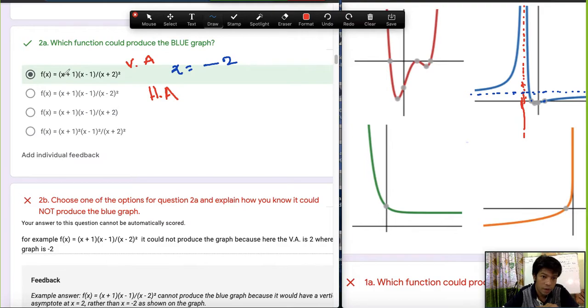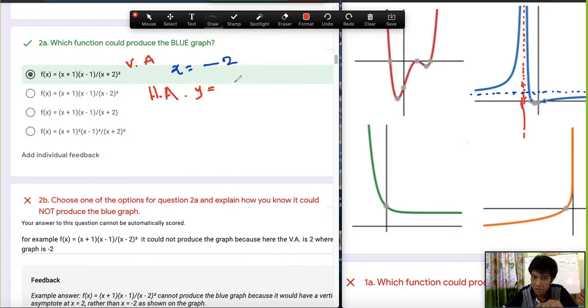See, the power of x in the numerator is x and x, that means x square. Down is also x square. So what is the horizontal asymptote? If the power is the same up and down, then the horizontal asymptote is y equal to